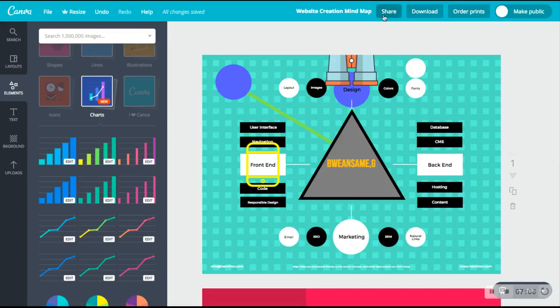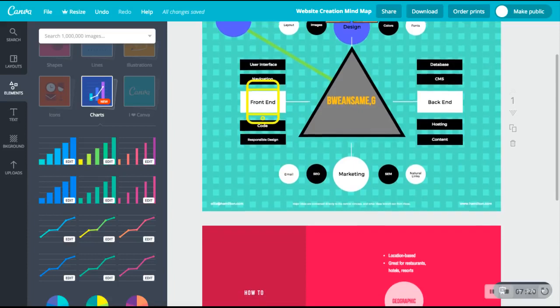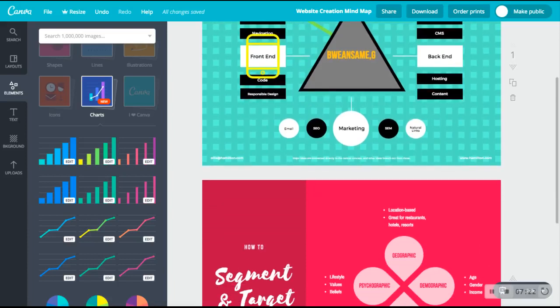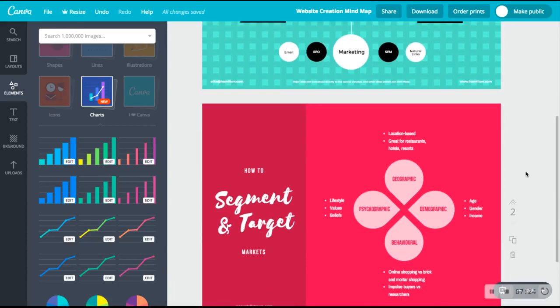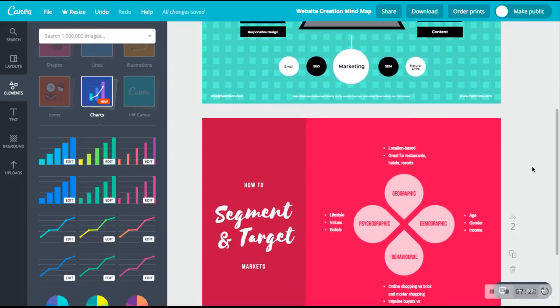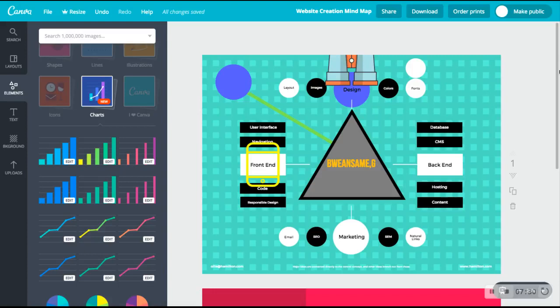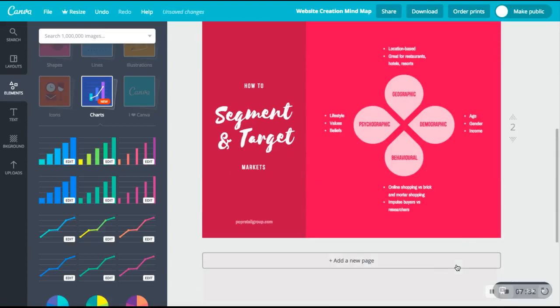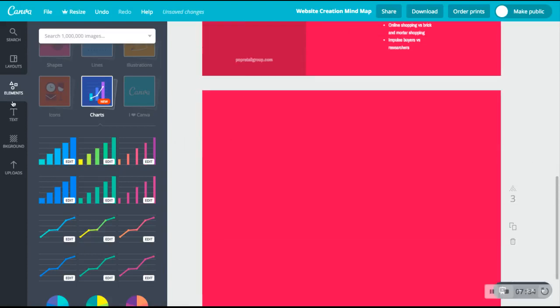You can share it. You can do whatever you want with it. As we said, changing background text, adding icons, elements, you do whatever you want. You can choose a layout, which I highly recommend because they're really good layouts, and they're really nice. They're good looking and they're easy on the eyes, and they're really well structured. But you can always just get a blank page and start all over again,